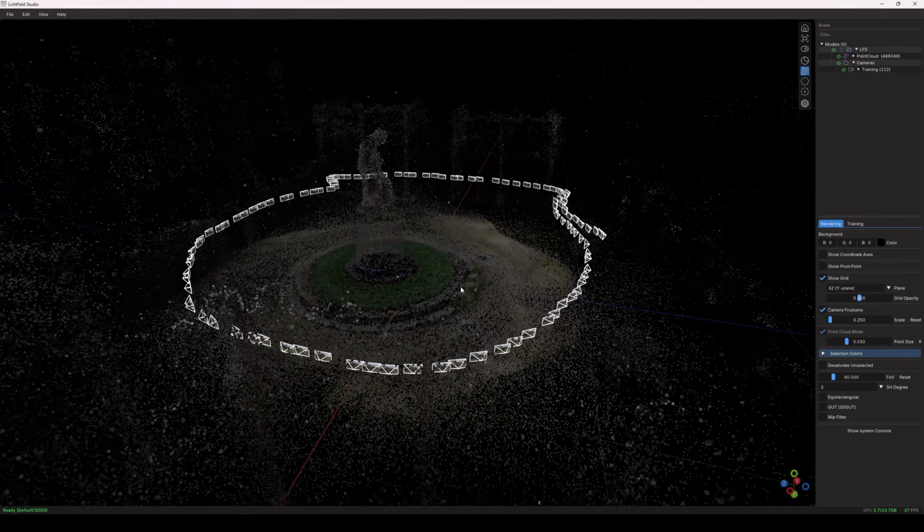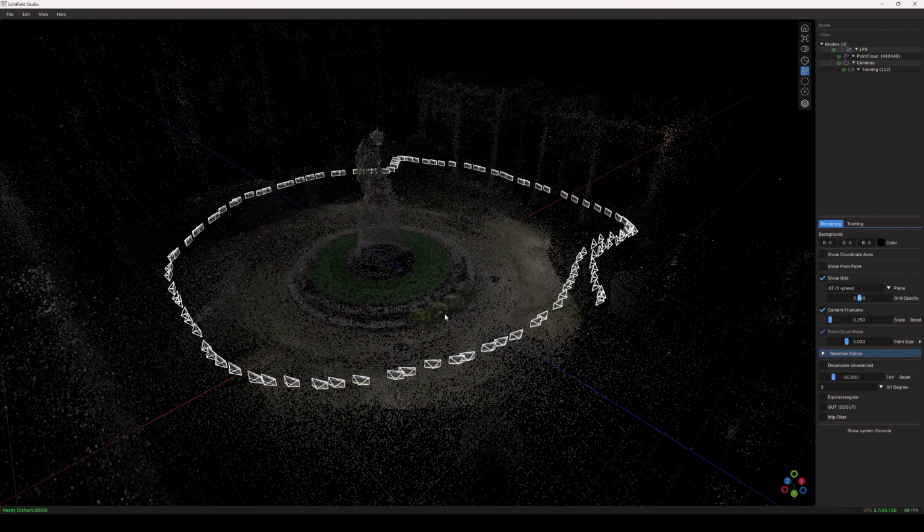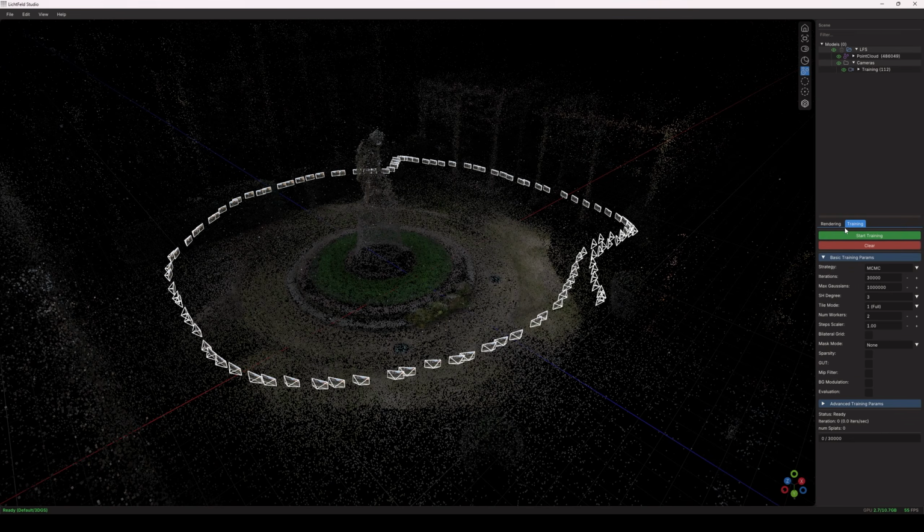We can verify if the masks are actually present in LichtFeld Studio in a couple of ways. First, if you go to the training tab, the mask mode should be able to select, like segment, ignore, and alpha consistent. For this specific subject, I'm gonna choose segment. I'm gonna leave the default settings for